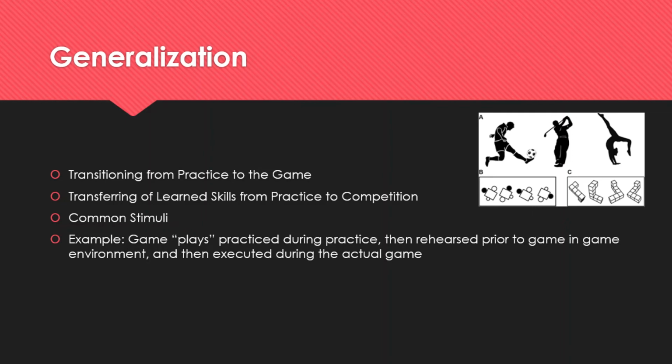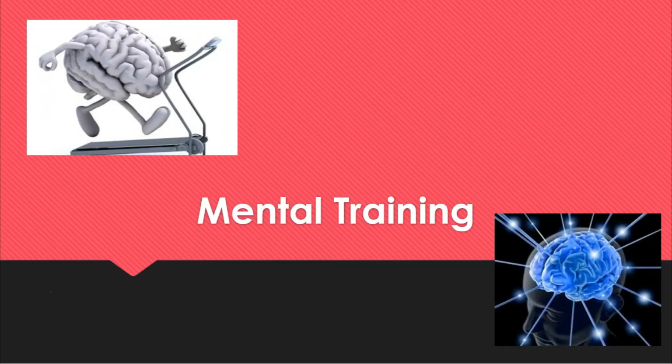In sports, plays, which are practiced moves in a game, are an example of common stimuli. During practice, plays are practiced and then brought into the game, by rehearsing the plays prior to the game in the game environment and then executing the plays during the actual game. Mental training is important for athletes as it mentally prepares them and plays a role in their performance in